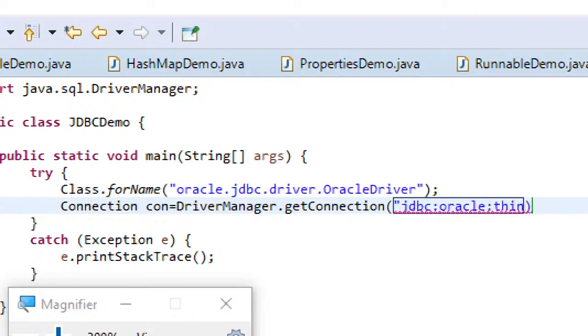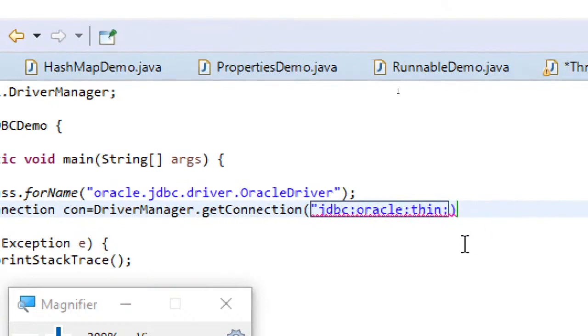I already said I am using thin driver. jdbc:oracle:thin: that is the type of driver. So type 4 is thin driver, colon, and then the IP address.